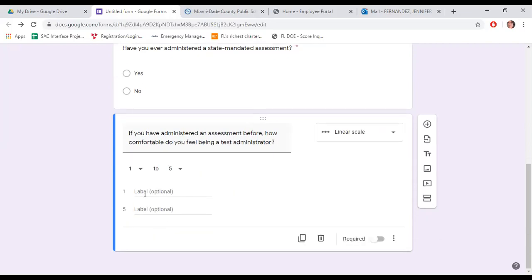And here for the labels, these are optional, but I would recommend anytime you do a linear scale to go ahead and let them know what 1 means and what 5 means. Because you're looking at that one person who thinks that 1 means amazing, number 1, great. And usually that's not the case for linear scales. We usually have 1 as not comfortable at all, or